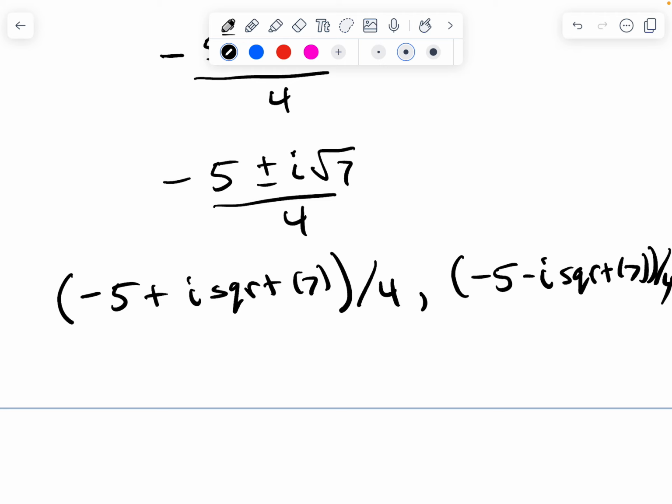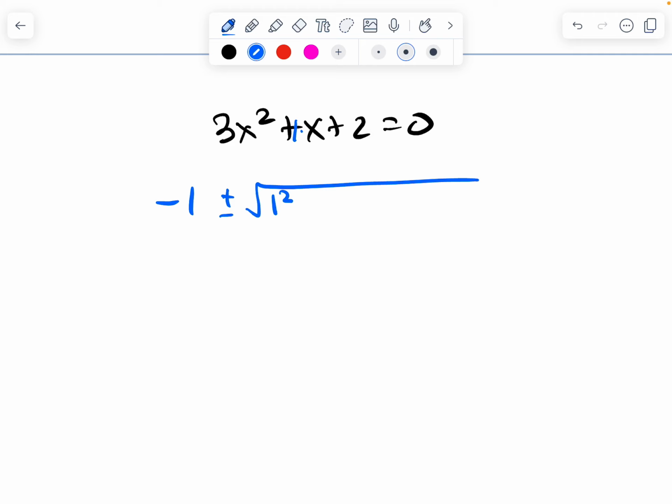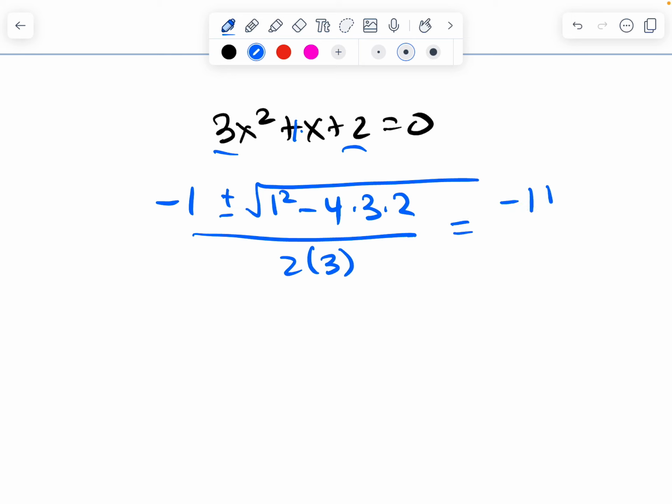Okay, let's do this question. One more here. Let's do 3x squared plus x plus 2 equals 0. You can pause it and give it a try. Okay, so negative b is negative 1, plus or minus the square root of b squared minus 4 times a times c all over 2a. Cleaning that up, we get negative 1 plus or minus the square root of 1 minus 24